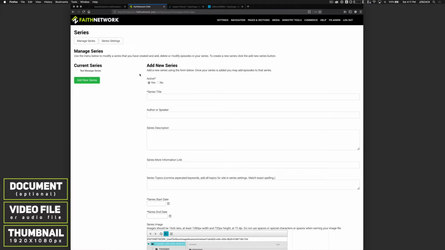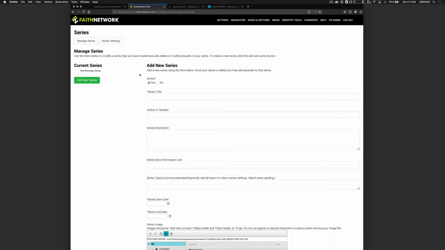And then you can also add documents like notes to all of your different sermons as well. So if you want all of those things assigned to your messages, then we need to think about that preemptively and upload the video files, audio files, and documents before we get into setting up the actual message archive or message center. So let's take a few moments and add all of those